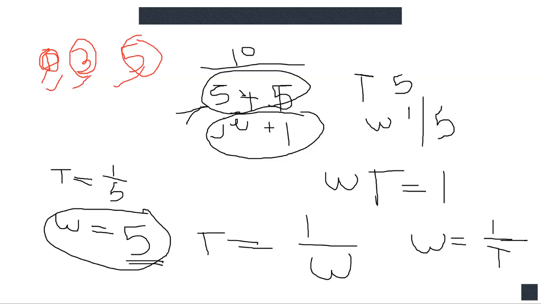Suppose the next corner frequency is, say, 101. So from 5 to 101, only these 3 factors will contribute. This factor will not contribute. This factor will contribute only when the frequency is 101. After 101, all 4 will contribute together. Is that clear now? Yes, ma'am.